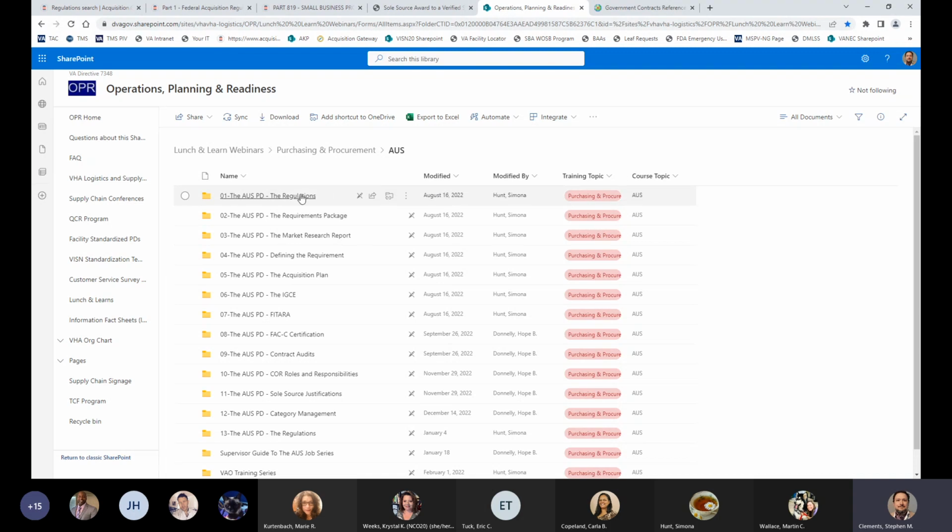We start with the regulations because that's at the foundation of everything we do. Even what Marie just talked about, the regulations underpin the ability to spend any money. But the AUS, what are the things that we're supposed to do per the PD? I took a look at that and it looked like advise and assist, requirements package,